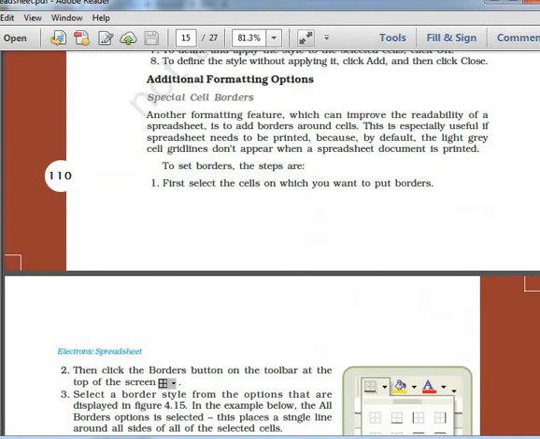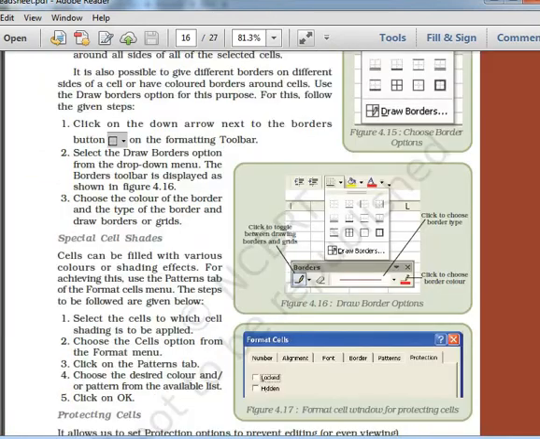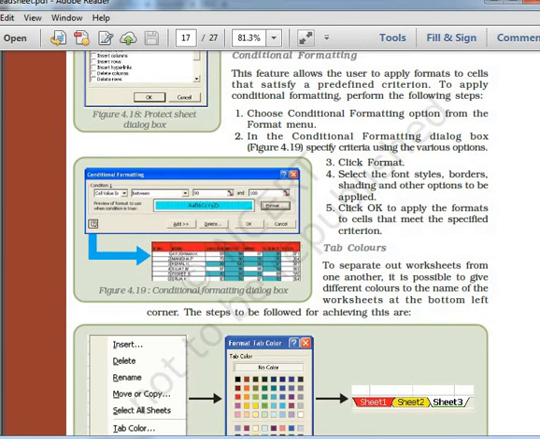Then changing the fonts is also available. Formatting options are also available. Border options are also available. You can get rid of these lines that are shown. You can highlight the lines. You can create borders. You can change the type of line that you are showing. Then changing colors is also possible.